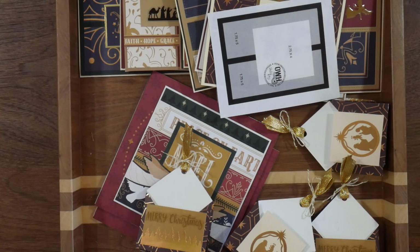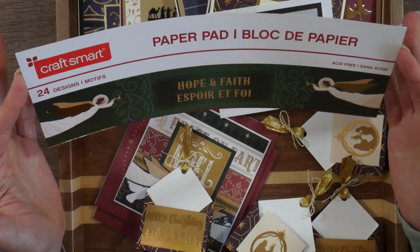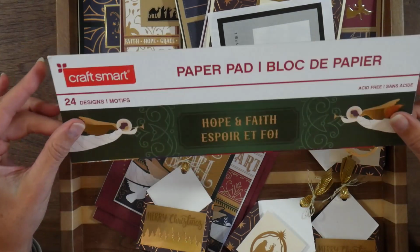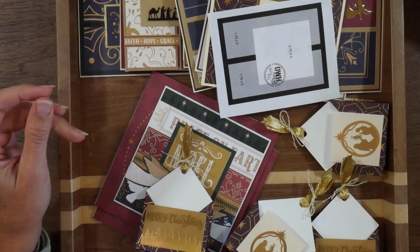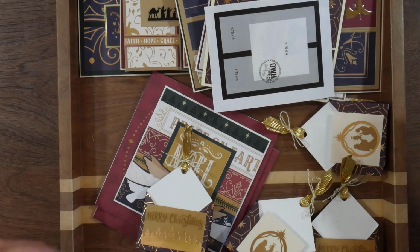So what I have to share today are the final projects I've made from the Hope and Faith pad from Craftsmart, and this is what I have left of the pad. So some of the things you haven't seen yet